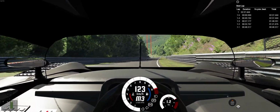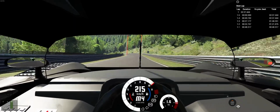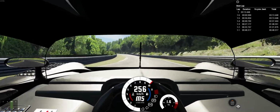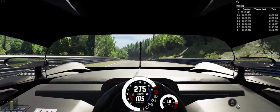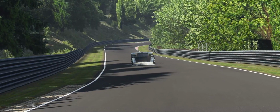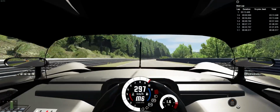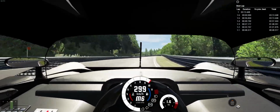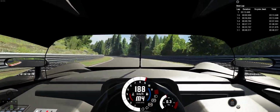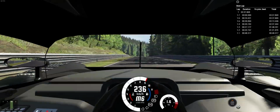I'll be going into a corner and be like, I have to take this carefully, and then I'll know when my brake point is. I was like, oh, you know what? I can just go a little bit faster. I have no risk aversion when it comes to that. Now I know that it's a lot different to real life. In real life, I am considerably better, but it makes it really problematic. So I went into the Discord, I did a whole bunch of practice, then I tried to do the lap a whole bunch of different times, set up a recording, and finally caught the good lap that happened. And I'm gonna be honest,